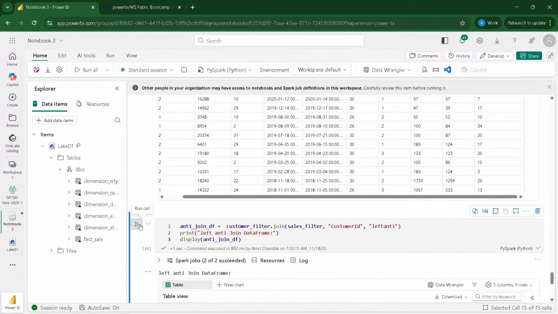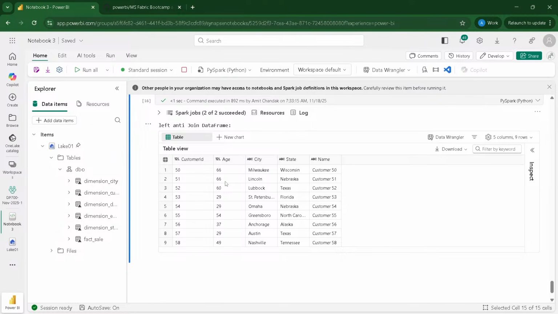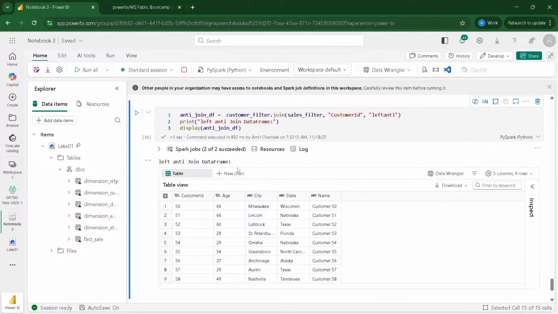Now what does this mean? Customer is outside, sales is inside, left anti. The customer for which we have not done any sale. These are the customers for which there is no corresponding data available in the sales table, because my data is all perfect schema with everything, but you created this sales filter and customer filter where we have kind of scenario. So this data is especially designed, and the commands you will get in the blog also, specially designed for you for practicing and understanding these points.